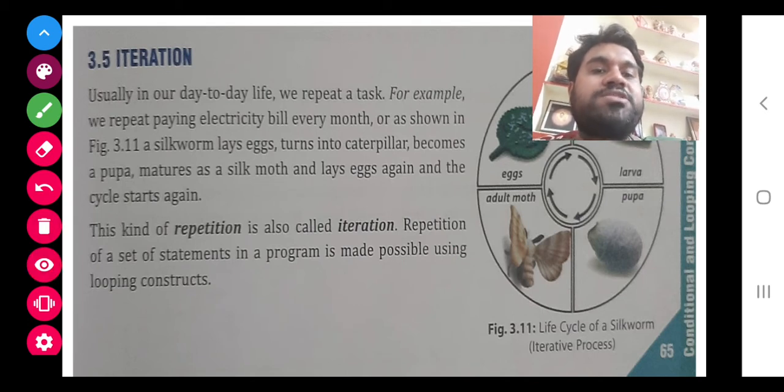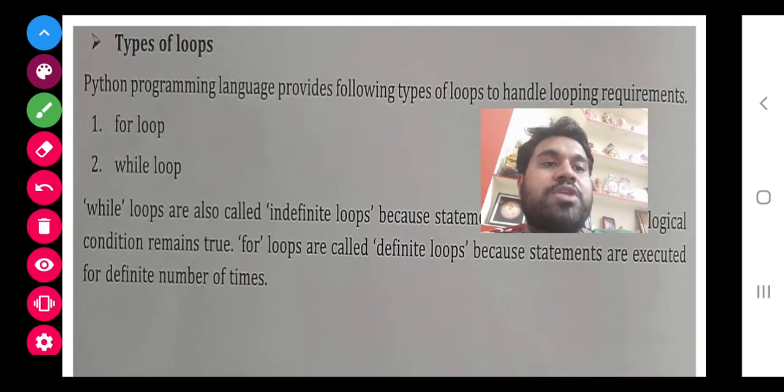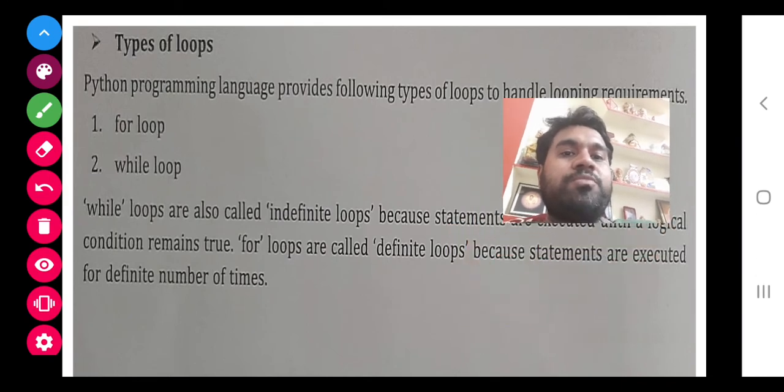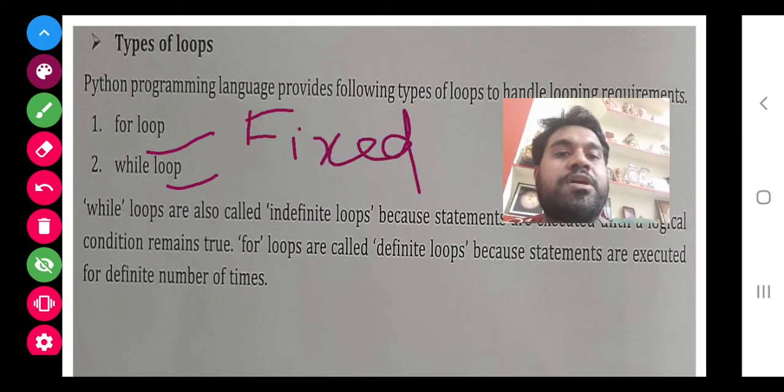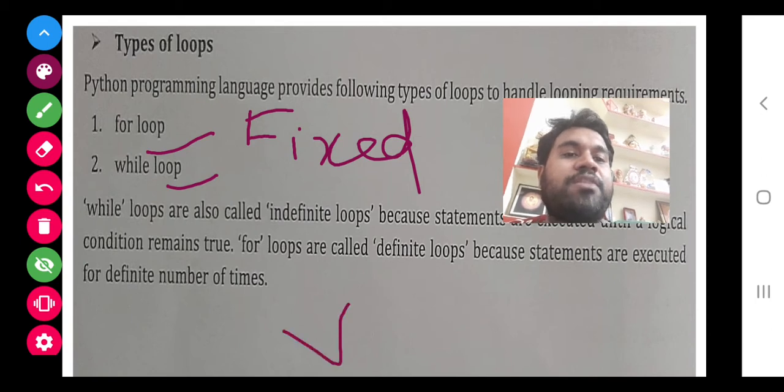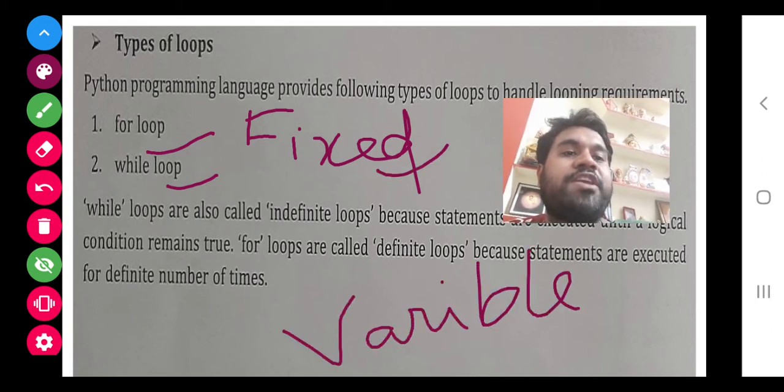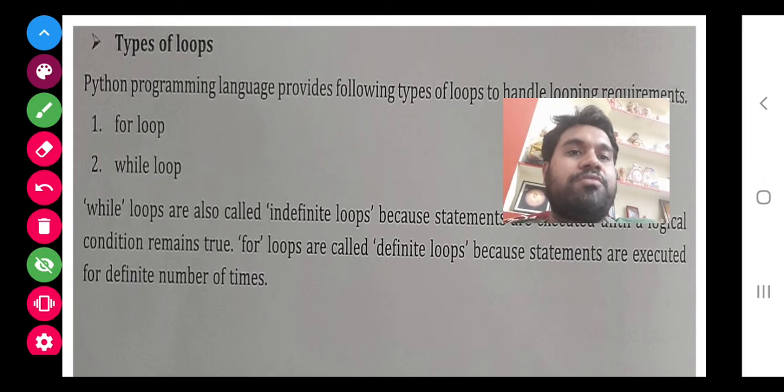So class, there are two types of loop. One is a for loop, one is a while loop. For loop we call a fixed loop, and while loop we call a variable loop. Finite loop, infinite loop. Today our topic will be the for loop only. So let's proceed.